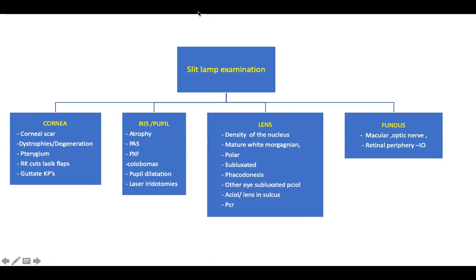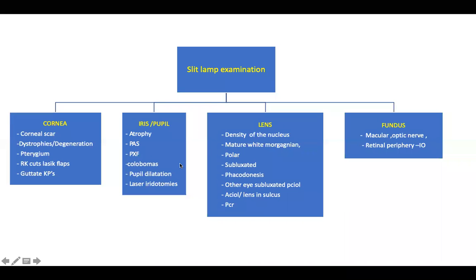Why is that so? Because number one, it is going to help us rule out any other ocular comorbidities. Number two, it is going to help us make a risk stratification plan. Number three, it is going to help us preempt any intraoperative complications and help manage them better, be better prepared. So just to recapitulate in brief, a few findings that we're going to look for, spend a few extra minutes looking for,